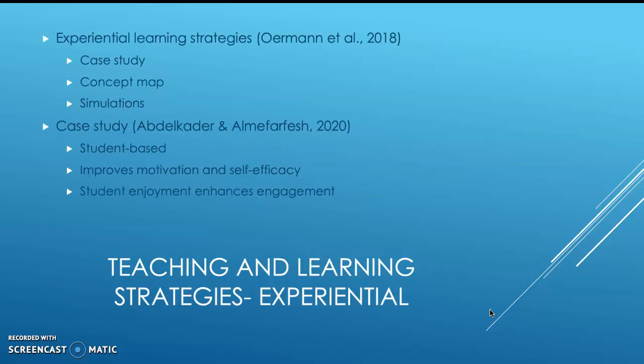So looking at teaching and learning strategies, how I feel I could take this case and really help students apply this so that they could learn from this experience the same way I learned from it. So there are different learning strategies. Case studies, concept maps, and simulations are all learning strategies that would be extremely beneficial, especially for this case,